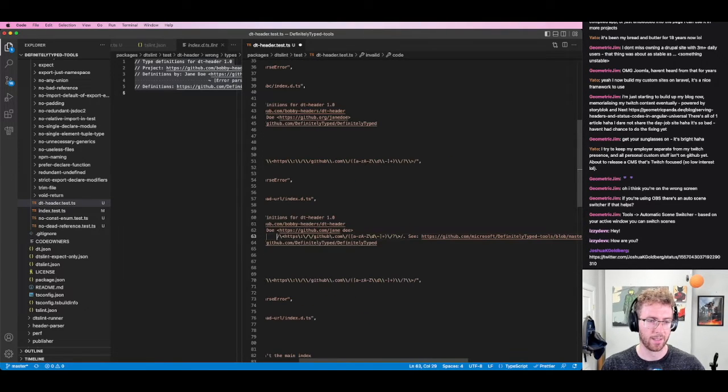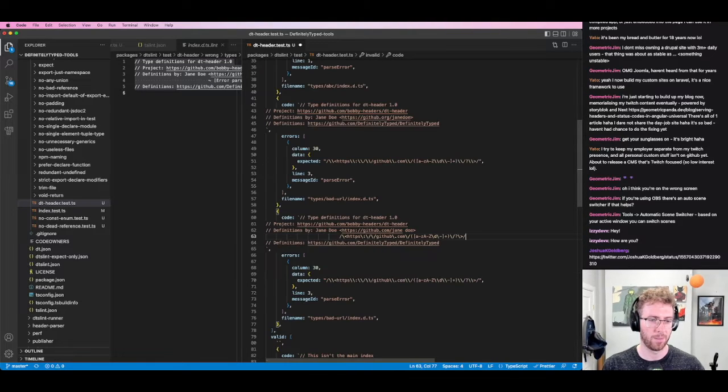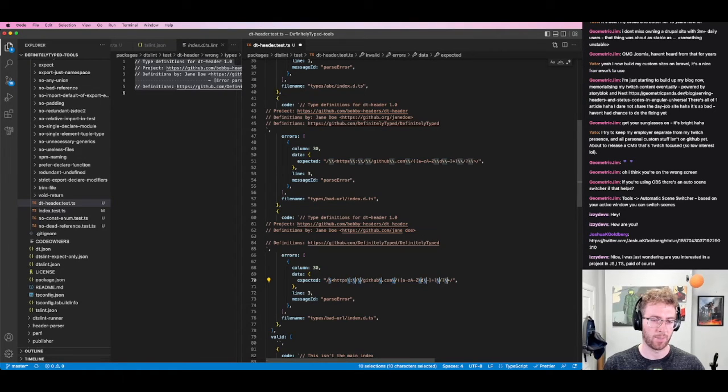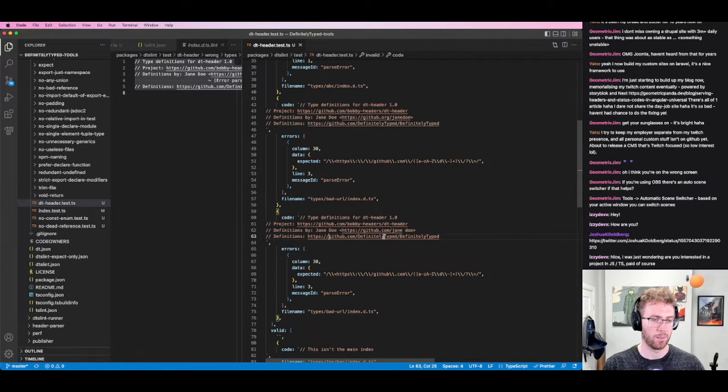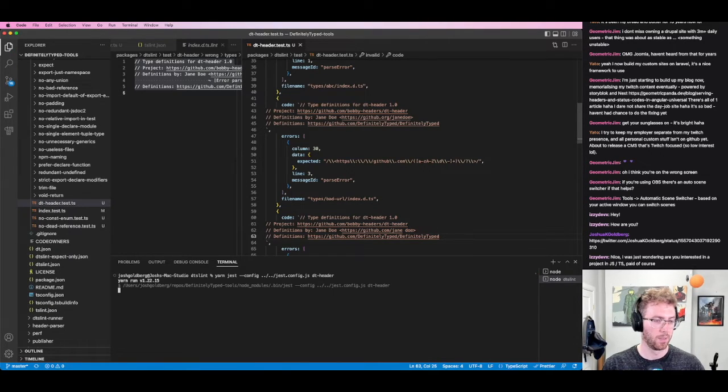As I copy and paste from the old Dtslint tests to the new Dtslint test format, instead of marking the failures inline, they are plain old JavaScript objects that you can assert for. So if we run test again,